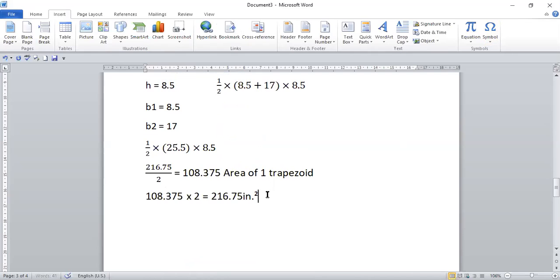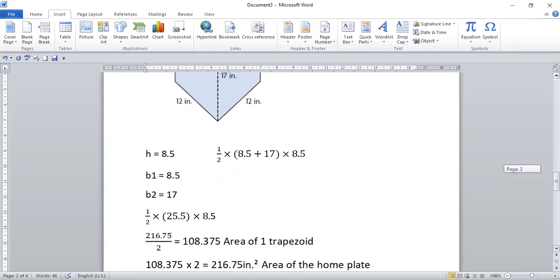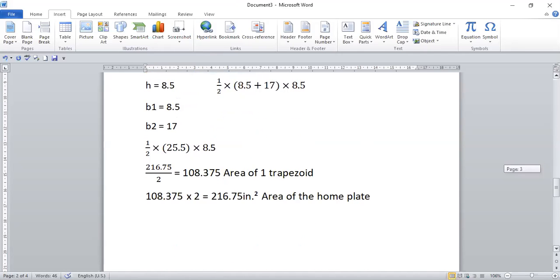This is going to be the area of the home plate. That's what they're saying it is. Area of the home plate is going to be 216.75 square inches. It's not difficult, only that we have to understand the picture. Okay, if you have followed each and everything I'm telling, you will understand what we have done. Now quickly moving to question number